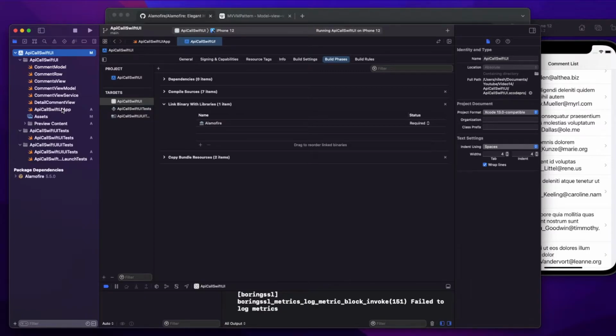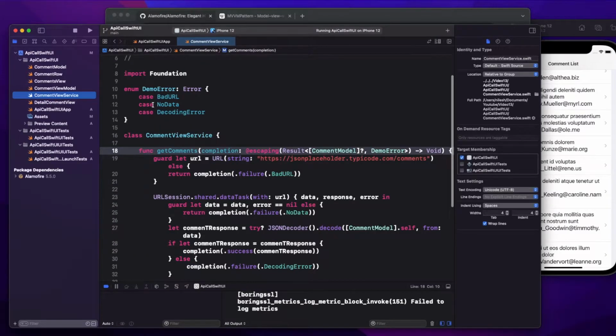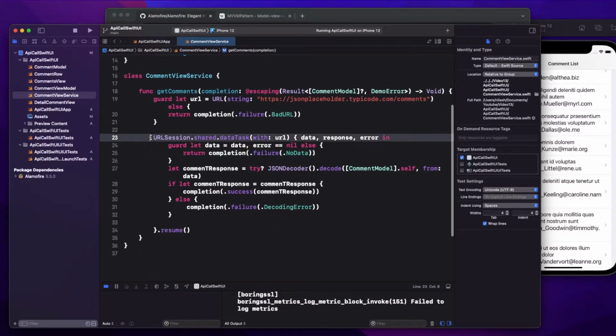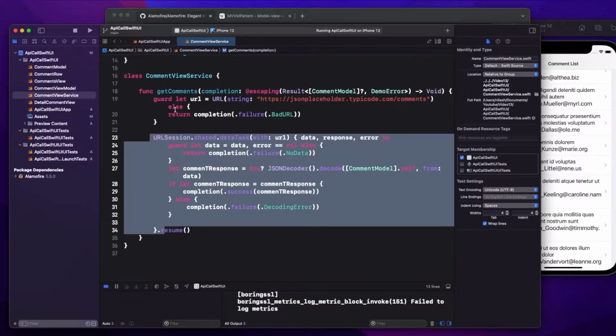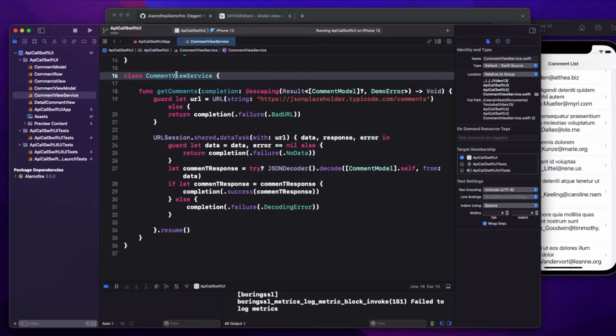Okay. Now let's write. Right now, if you see my comment view service class, here I am writing this URL session directly in my comment view service. Now, what is the problem in this case? In your real-time app, you will have multiple screens. Let's say I'm writing a service class for each screen, that means I can have 20, 30, 40.